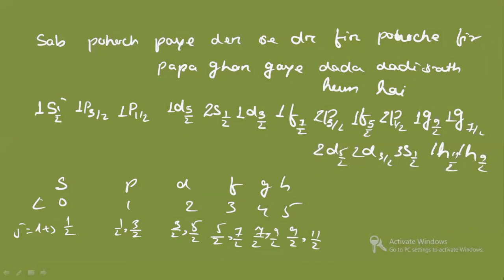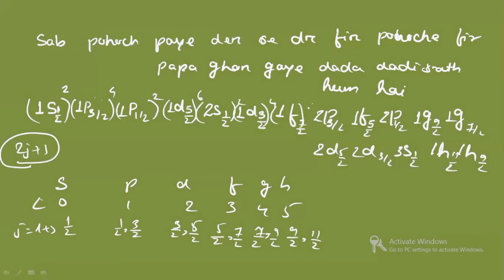Okay, so you see how many electrons you can fill. Here we can fill 2J plus 1, yes or no? Here the value of J is half, so you can fill 2 (the 2 gets cancelled: 1 plus 1). Here you can fill 4. Here 2. Here 6. Here 2. Here again 4. Here again 8. Here again 4. This way you can continue just using 2J plus 1. Here you can write the value of J and the sequence I have said. So this is how you can remember.